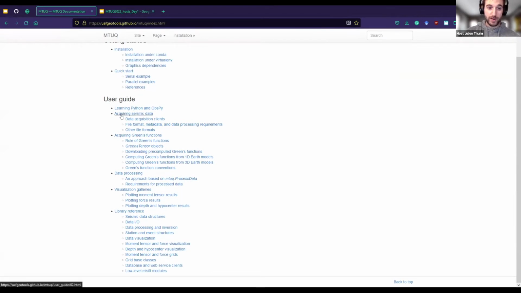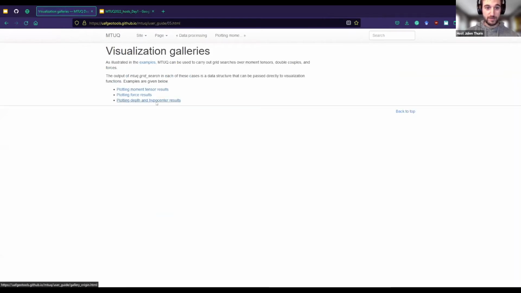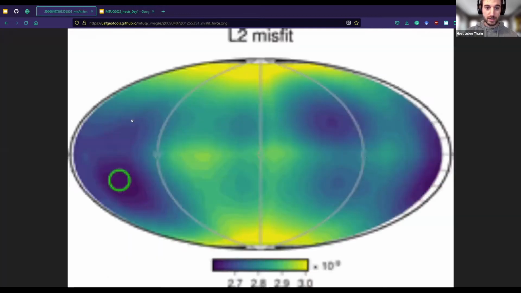So how do we acquire the data? How do we acquire the Green's function? That's the kind of stuff that you might want to do if you want to go further after the workshop. And there's also a visualization gallery where we can see the type of results that the code is producing,